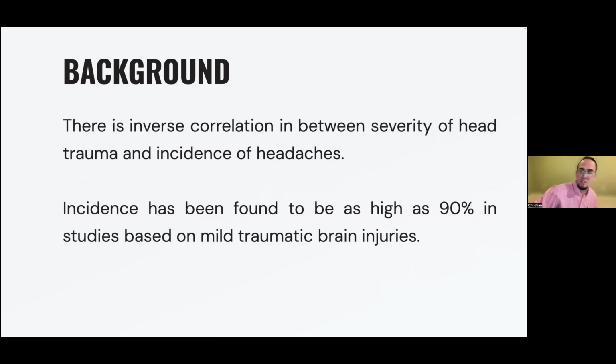Studies in the concussion population and brain injuries in general have shown an inverse correlation between severity of the trauma itself and the incidence of headaches. So for the students who are just starting medical school and are involved in our groups, traumatic brain injuries are classified from mild to severe injuries. All concussions could be described as mild traumatic brain injuries, but not all mild traumatic brain injuries are considered concussions. So in literature review, you may see that certain authors interchange both terms, but they're completely separate.